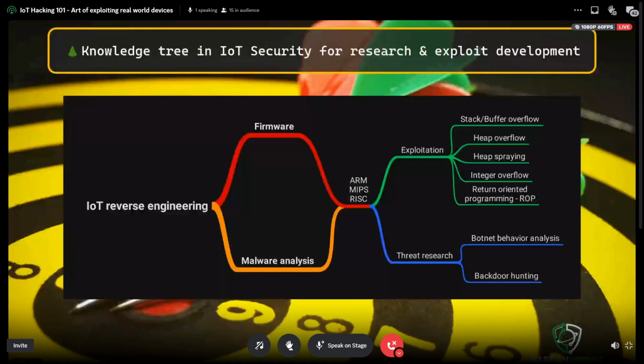You can use the example from this slide, which are memory corruption flaws for exploitation. Another one would be threat research. You try to analyze how the botnet and C2 frameworks deal with these IoT devices, and some backdoor hunting, like some people do. Some people laugh about it.